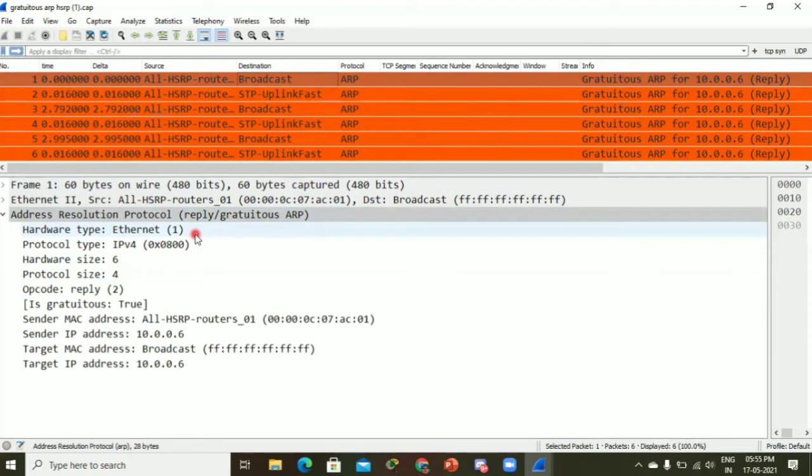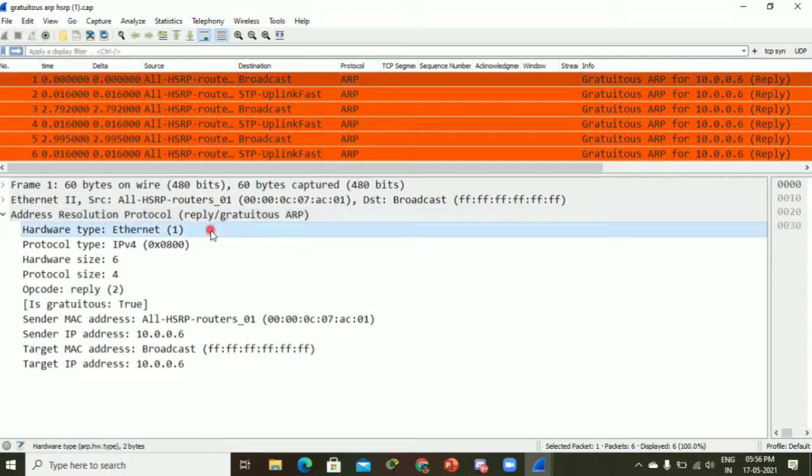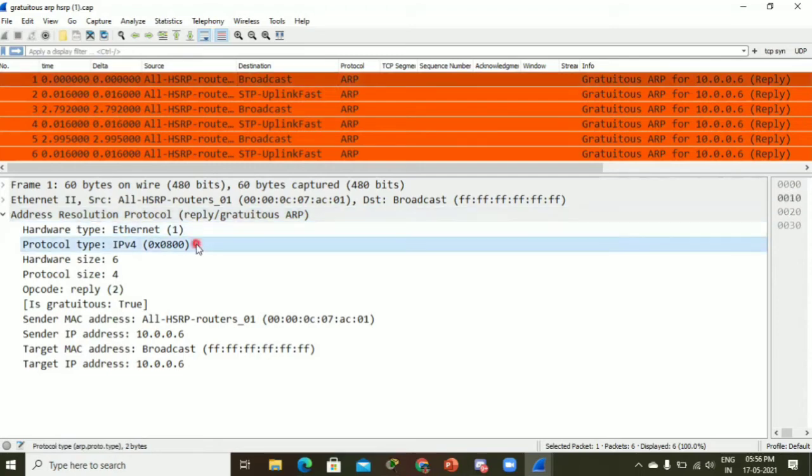ARP probe and a normal ARP send requests, but gratuitous ARP sends replies only. It will not send or receive any request. It only sends a reply, which means the gratuitous ARP is usually sent by the router to announce the existence of a device. So for example, now I have